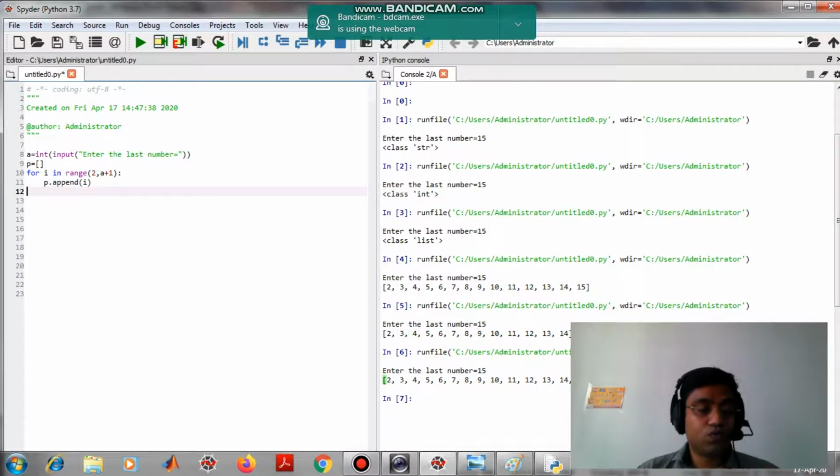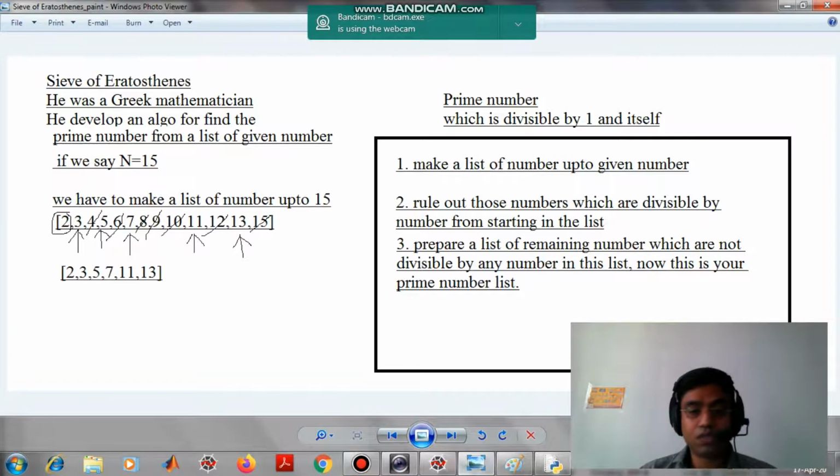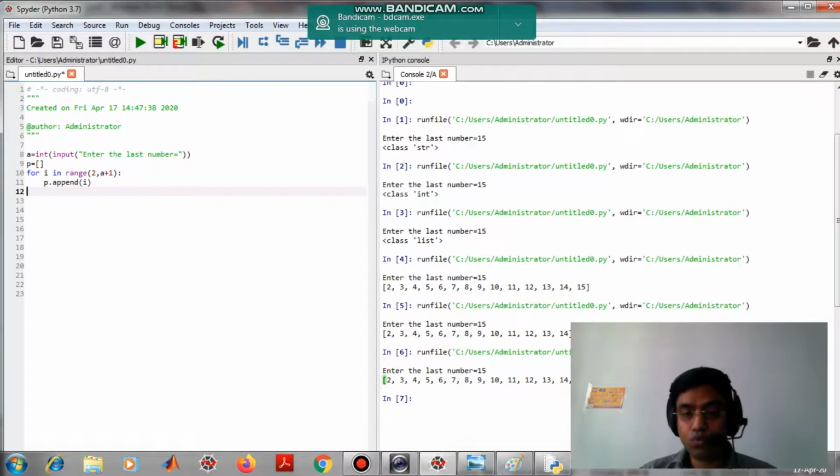So what is our next step? Our next step is to check the divisor numbers from the starting. Suppose we have the list from 2 to 15. We have to start from 2. Which numbers can 2 divide? Number 4, number 6, number 8, up to 15. We have to check which numbers it can divide.